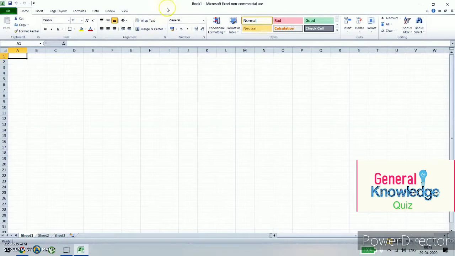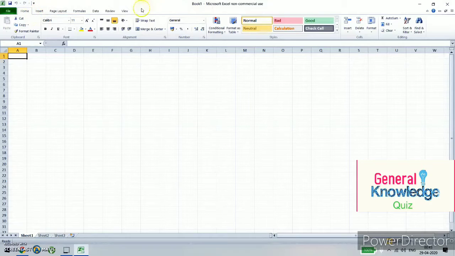As in your MS Word, the first line we call the title bar. In MS Excel also we call it the title bar. You can see here it is written what application we have opened. We have opened Microsoft Excel. The name of the file is Book 1. These three buttons all of you know: minimize, restore and close. Close means you are going to come out of MS Excel software. Now this Book 1 is nothing but the name of the file.